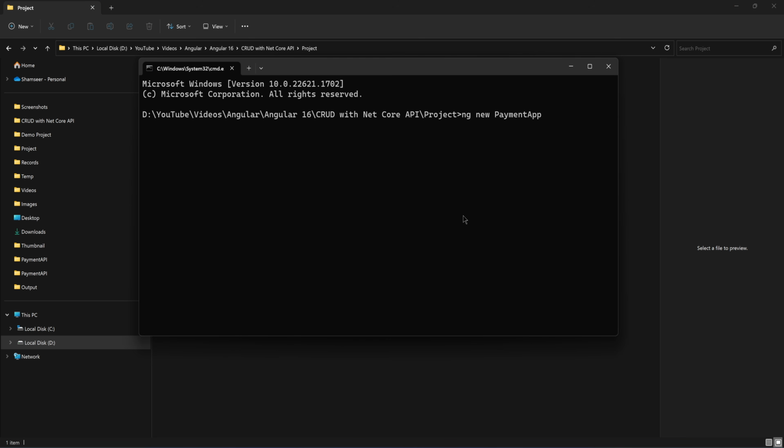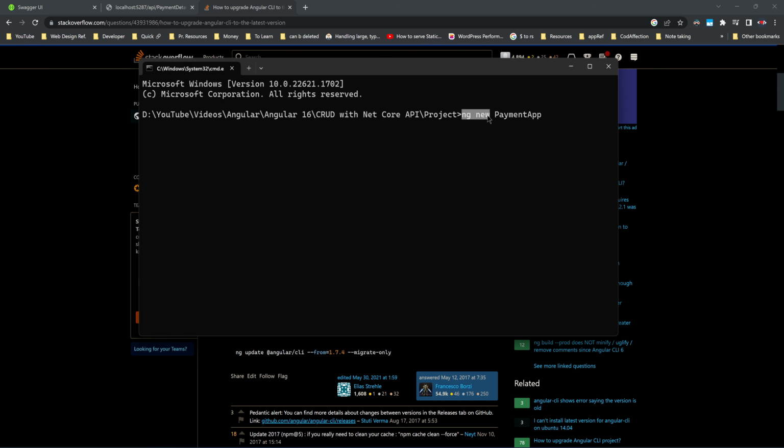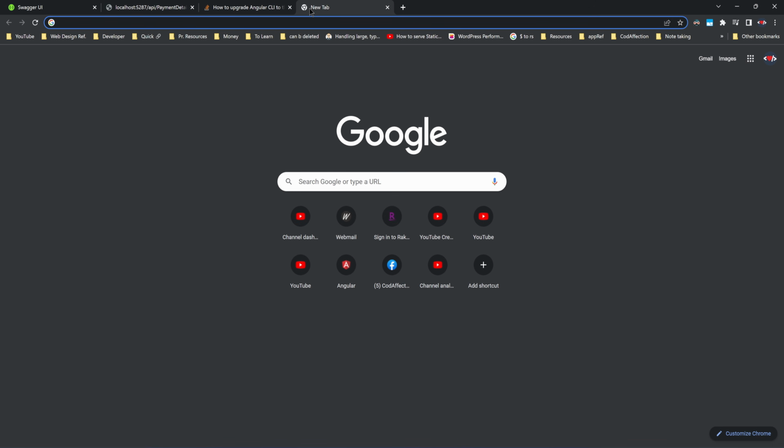Now I just want to bring this to your attention. If you are using an old version of Angular and if you want to update it to the latest version, you can execute these npm commands here. For uninstalling the current version, you can execute this command, and this command will install the latest version of Angular CLI. Now with that being said, if you want to know more about this ng new command, you can go